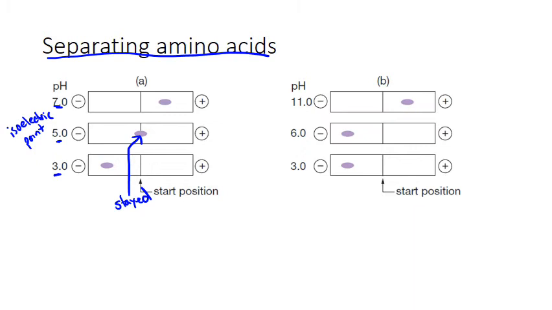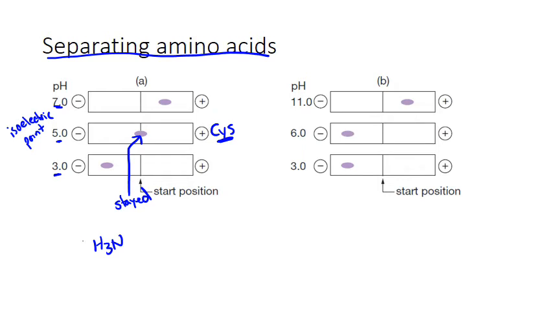Now I got this from the textbook, so let me just quickly have a look, because there's none on page 414 that have an isoelectric point of 5. My apologies, there is one. Cysteine. Okay, so I think this one here could be cysteine. Now I want to prove that. Okay, so cysteine,